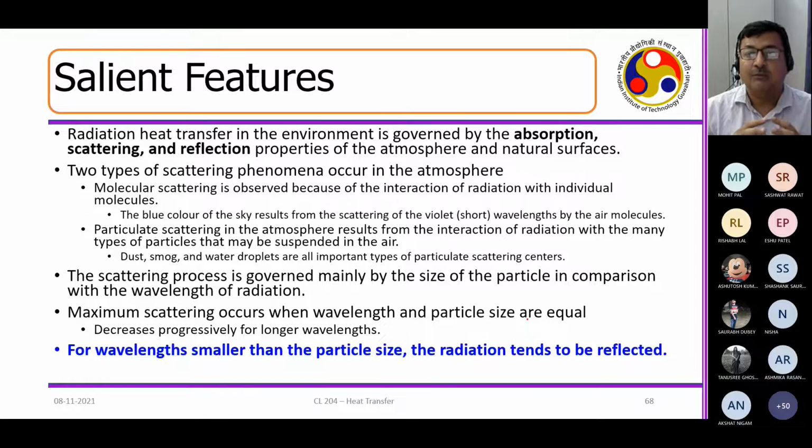So what is scattering? Somebody can tell me what is scattering? By the way, this particular term is coming new, so I should clarify this part. Do you know what is scattering? Anybody? Because this is associated with our famous Nobel laureate scientist, Raman scattering. Anybody has any idea what is scattering? How is it different from the other things?